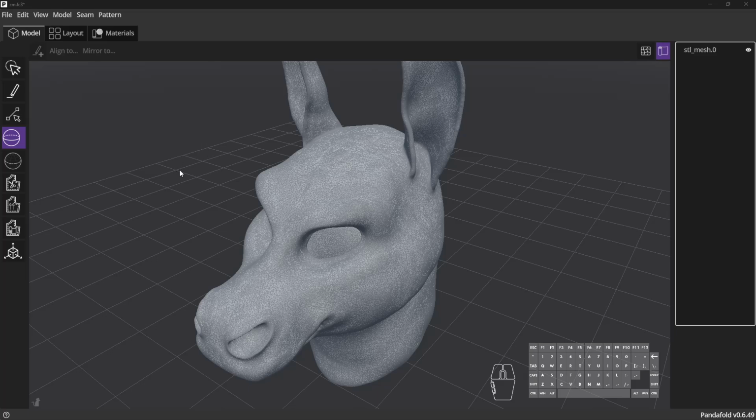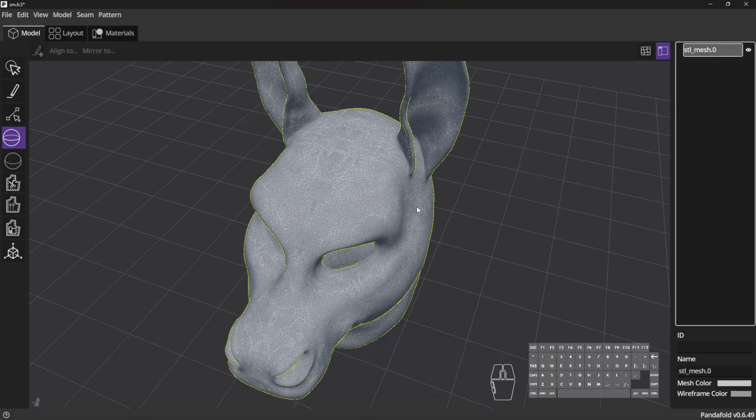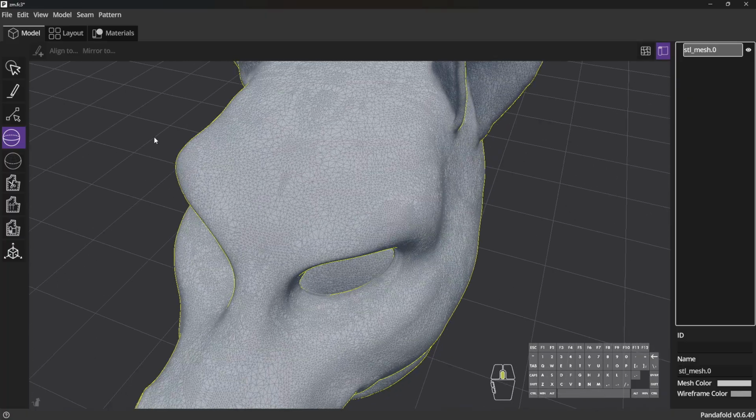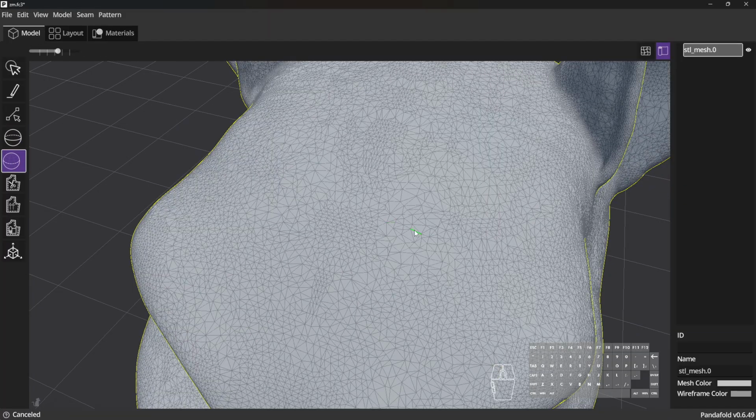Let's take a look at the Create Seam on Edge Loop tool. First off, you might notice this model has a very dense triangle topology to it. This tool is not going to work particularly well with this, in the sense that it's going to create gobbledygook